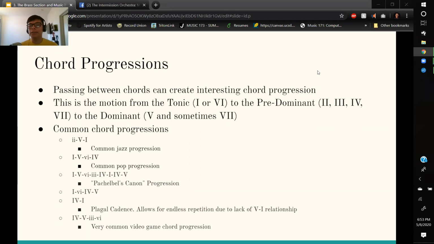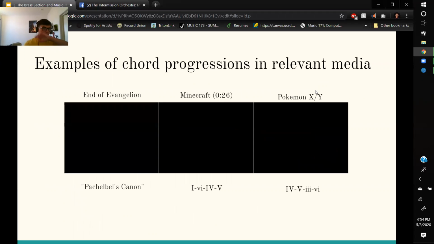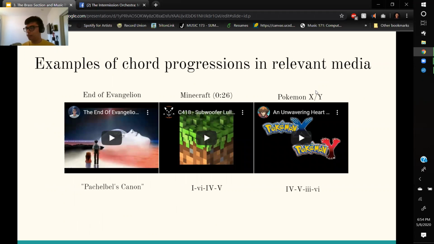And then there's a very common video game chord progression, which is the 4-5-3-6, which can just be looped endlessly because it never resolves. So yeah, here I had some examples of relevant media with the chord progressions. I'm going to skip this section due to time restraints, but these are examples of